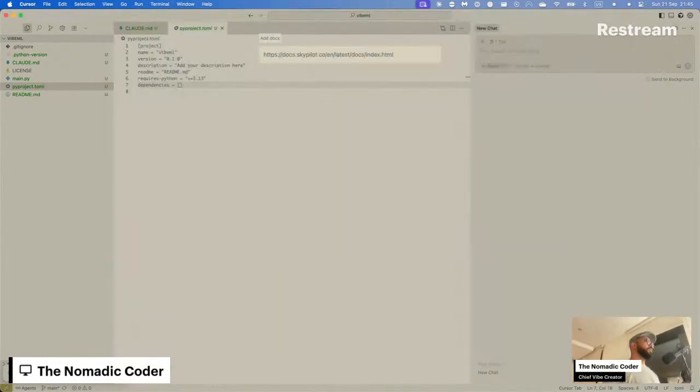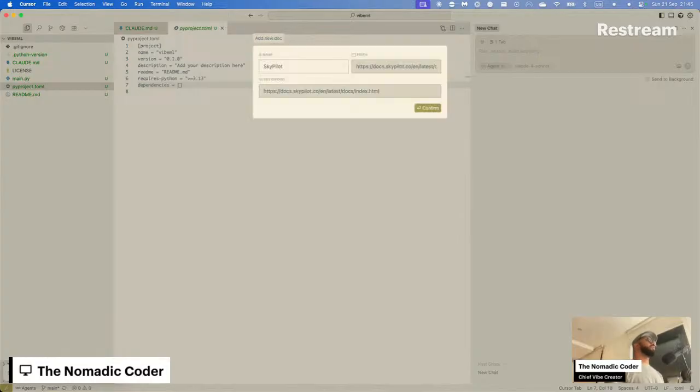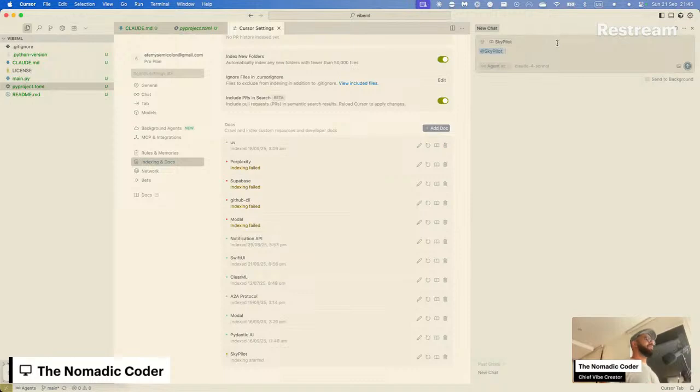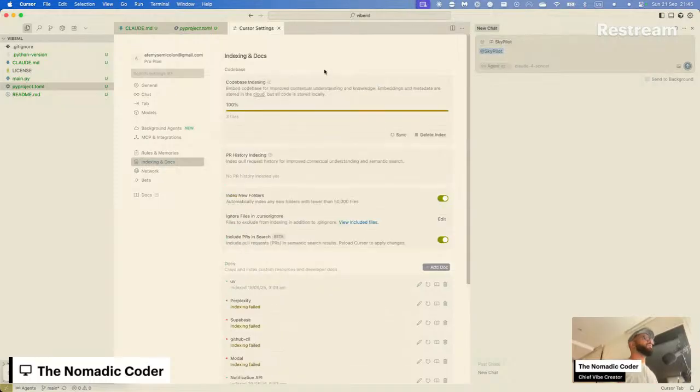So this is how I'm going to do it, because Cursor has some nice integrations with documentation, and I don't really have strong integration with anything else. Oh, these are documentations. Okay, good.